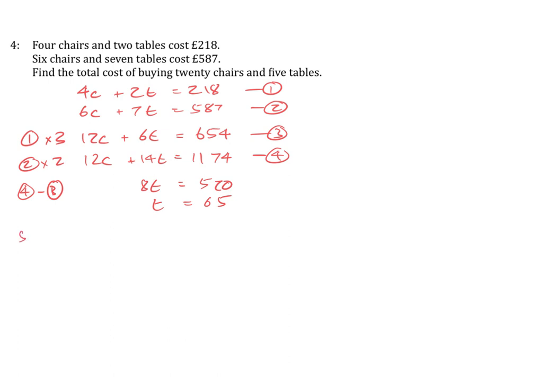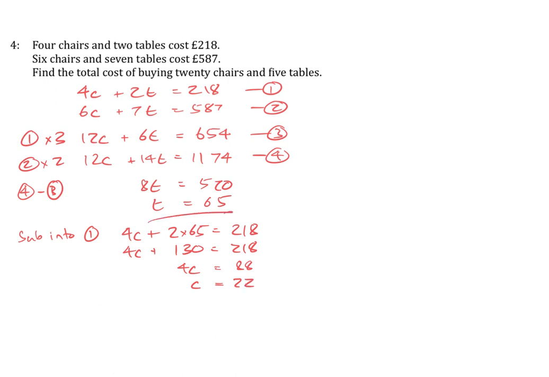Now, if I substitute that into any of my numbered equations, I will get the value for c. So I'm going to substitute that into equation number 1. So that becomes 4c plus 2 times t, which is 2 times 65, equals 218. Let's just tidy that up. 4c plus 130 is 218. So 4c equals 88, and then c clearly equals 22. So the cost of one table is £65, the cost of one chair is £22,